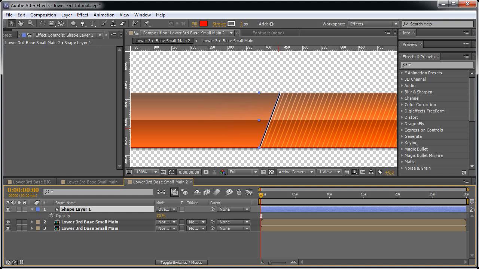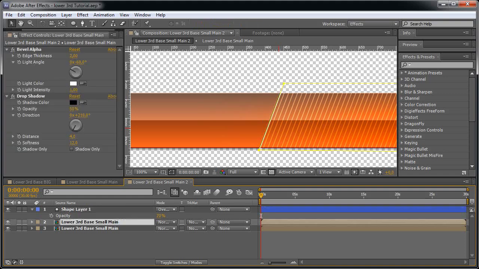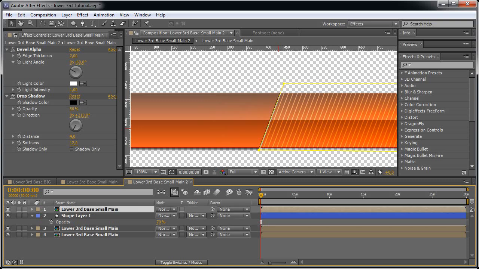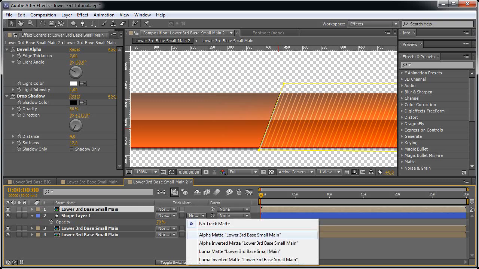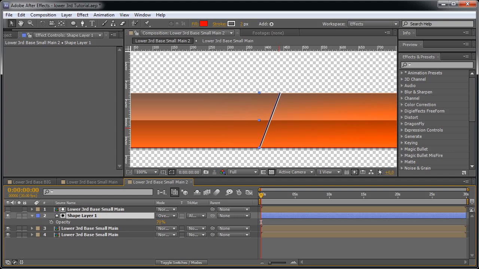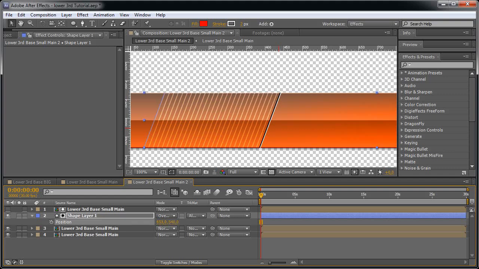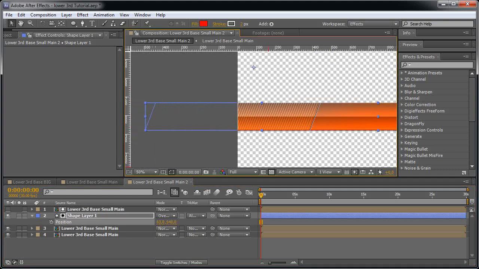And let's duplicate our left side and let's use this as an alpha matte, hit P, and let's animate our lines, for example from here to here,